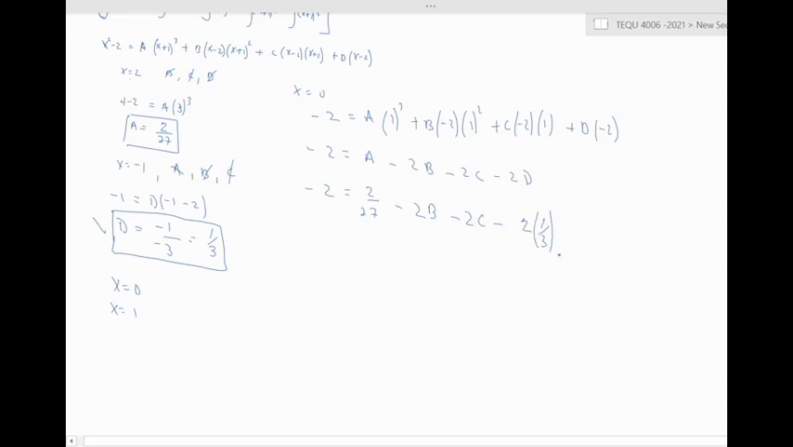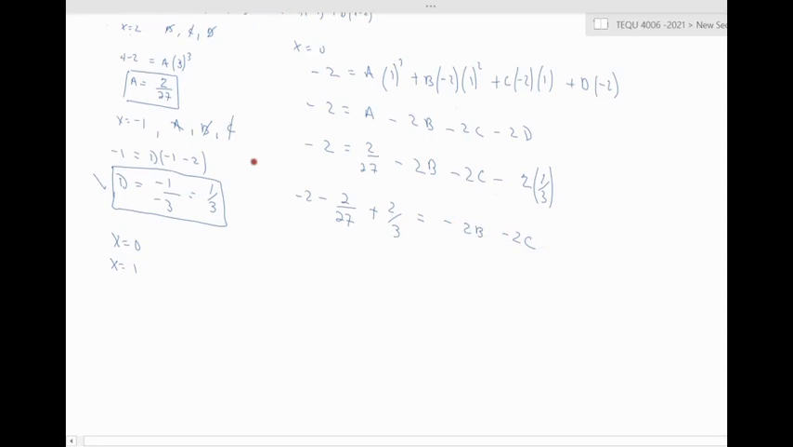There we go. So basically, if I move all this back here, I have minus 2 over 27 minus 2/3 plus 2/3, sorry for that. This goes back here. So this goes negative and this goes positive. So I end up with basically minus 2b minus 2c. All right. So if I simplify this first equation,